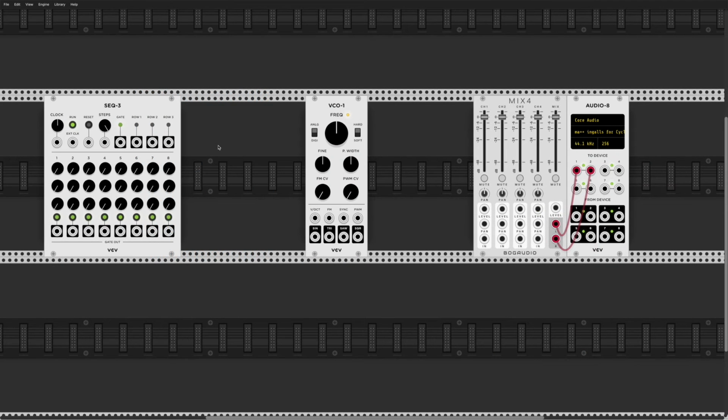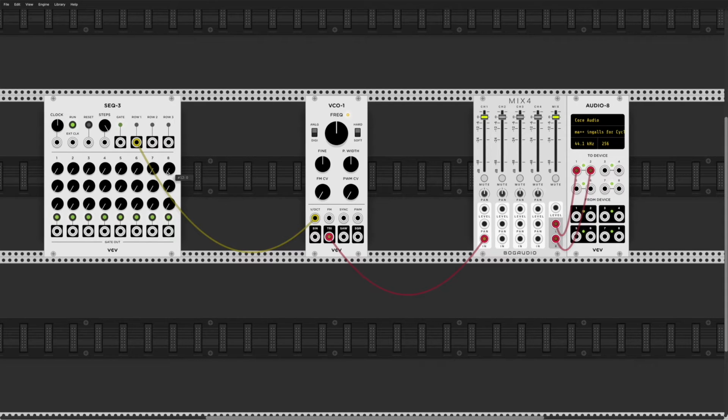Okay, so here we are in VCV Rack, and I've got an oscillator and my Seq3 module, and let's get these connected. I'm just going to take the triangle wave out from my oscillator, just droning a steady pitch right now. And now I'm going to take the row 1 output from my sequencer and send that to the volts per octave input on my oscillator. And nothing changes. Right now we're still just getting a steady tone, but that's because all these knobs are set